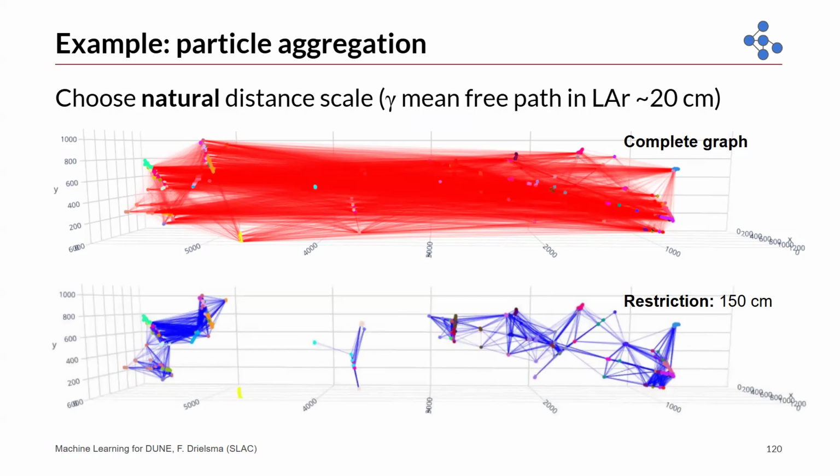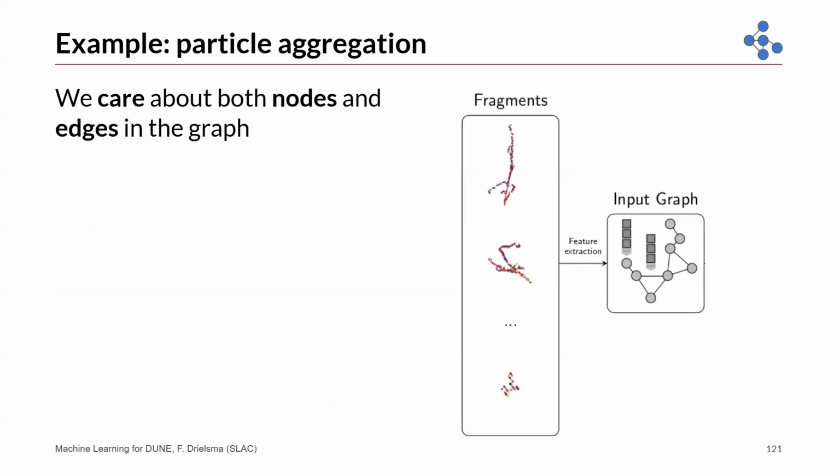And so you can use physics principle to restrict the graph that you build on the input nodes. And for instance, you might know that a photon in the liquid argon, a bath, will travel something like 20 centimeters before it interacts. That's the mean free path. And so if you take a cut at like 150 centimeters, 1.5 meter, then you can be pretty certain that a photon did not travel that far, okay? And so the graph that you build looks something like this. And now this is the edges you have to sort through instead of the mess that you see on top. And so now we need to build a graph, right? So we need to somehow convert the set of fragments that we had